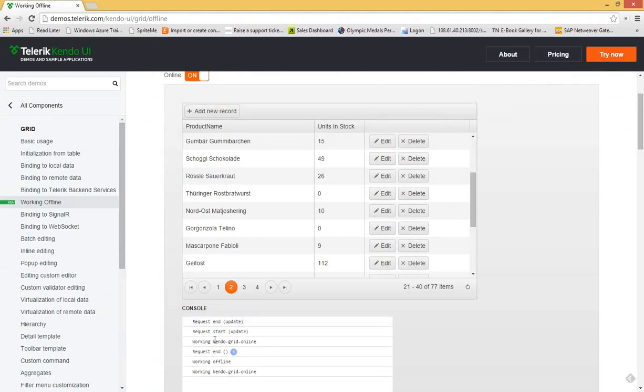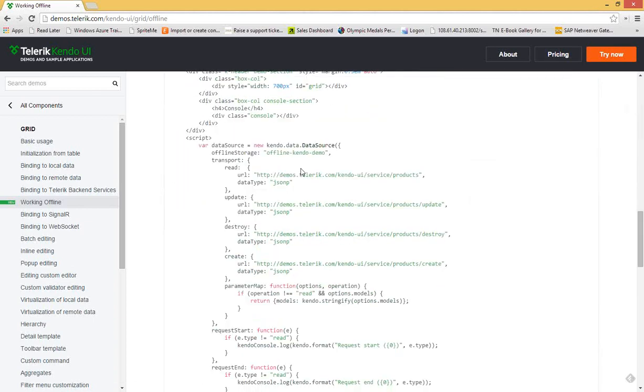If you see here, working, request start, request end, update. So it knew that I've updated 2 items. So it picked up those 2 items and then synced back with the server. So in order to make it work offline, there's only 1 line of code that you need to do, 2 lines of code actually. You just set what is the offline key that the grid should use so that it